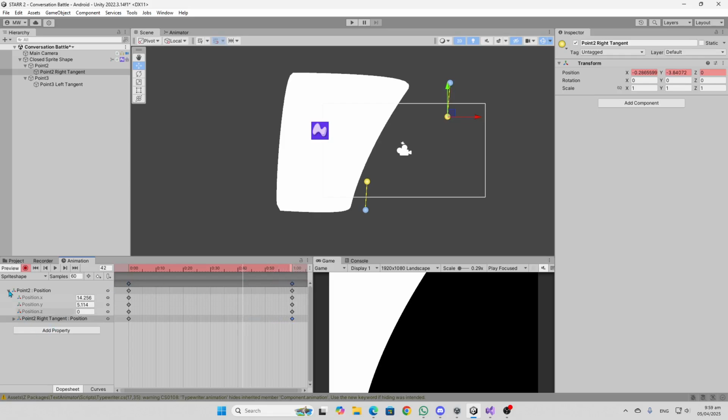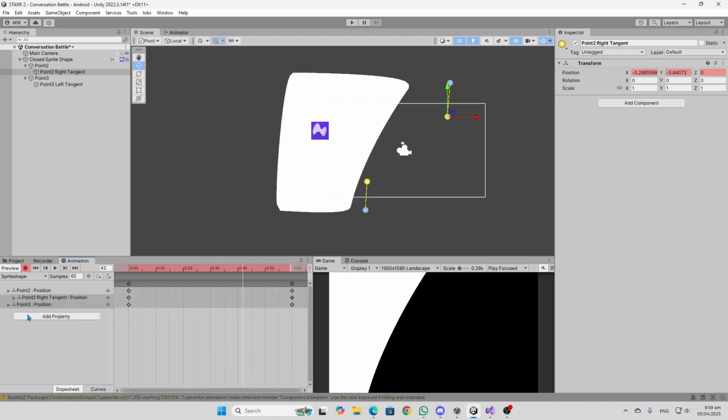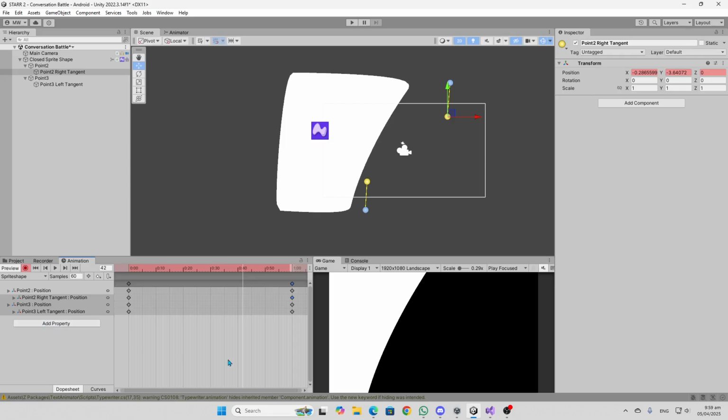Right, let's go and do the next point. Add position, and let's just add the tangent at the same time. Transform, hold on, find the right one. Yes, there we go. Okay, and let's grab him, move him over,